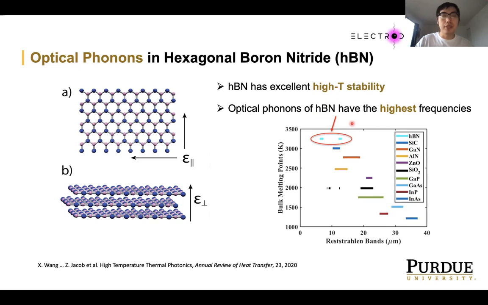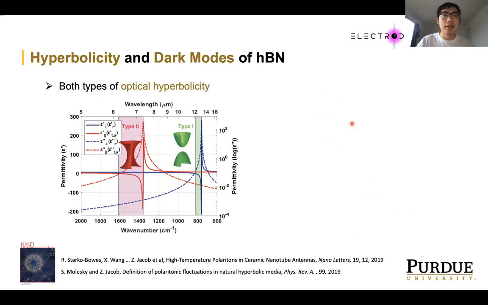So hBN really extends the available wavelength range for the applications of optical phonons in polar dielectrics. Another very important feature of hBN is that it is a natural hyperbolic material with both types of optical hyperbolicity. The two permittivities of hBN have two different Reststrahlen bands at different wavelength regions. At the first band, it's a type 2 hyperbolic material, and at the second band, it's a type 1